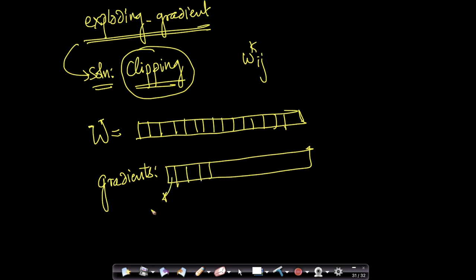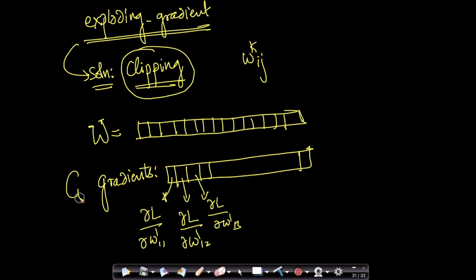Probably in this, you have derivative of L with respect to W111. Here you have derivative of L with respect to W122. Right? 123, so on and so forth. You can think of it as a gradient vector. Let's call this gradient vector capital G. Okay, so if you have an exploding gradient problem, suppose I have one of these gradients which is